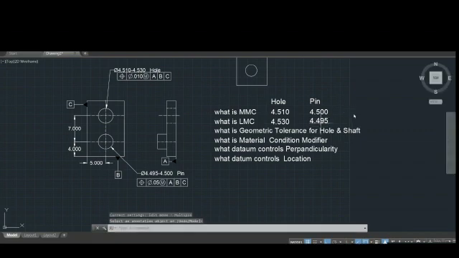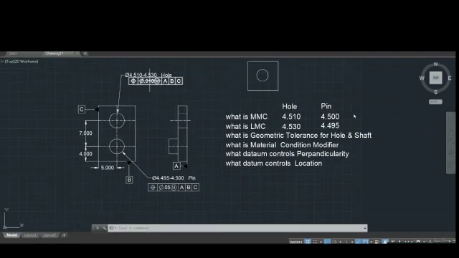Then the next question is, what is the geometrical tolerance for a hole and a shaft? The geometrical tolerance for a hole will be 0.010, and in case of a shaft or pin, it will be 0.05. Then, what is the material condition modifier?